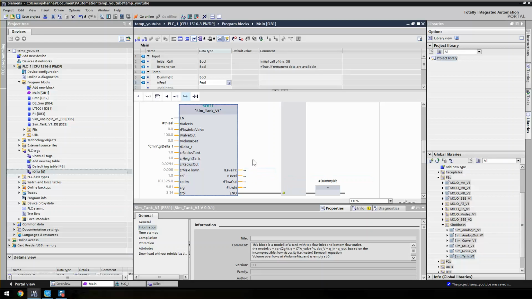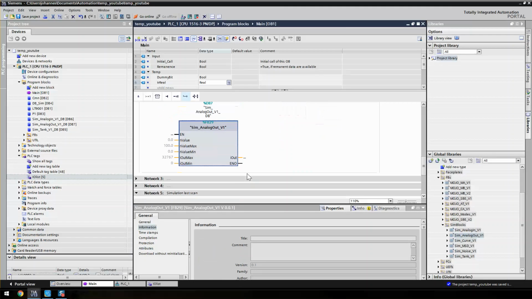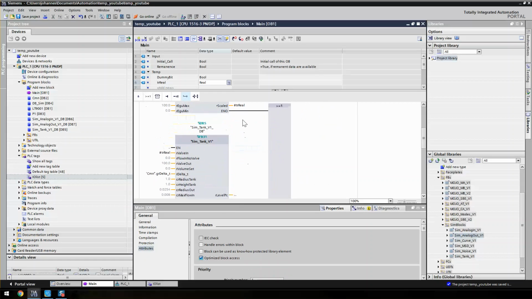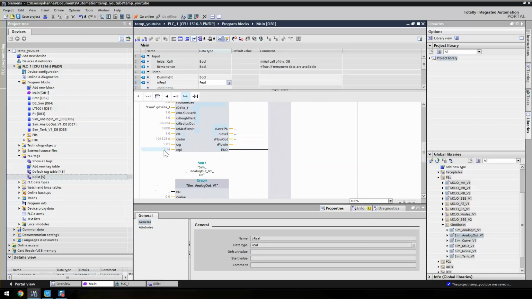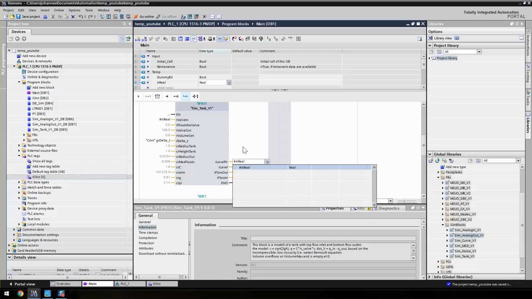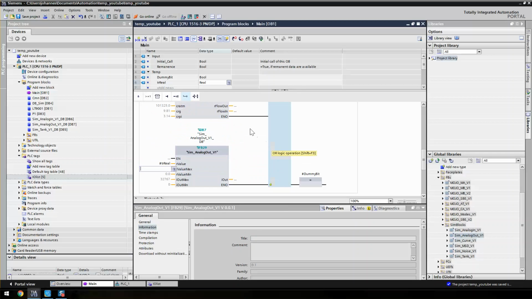we need to convert that again to our level transmitter or simulated level transmitter. It's not really that necessary to use a temp variable here. Why not? Dump it into here. There we go. 0 to 100%, 0 to 100%, and out 0 to